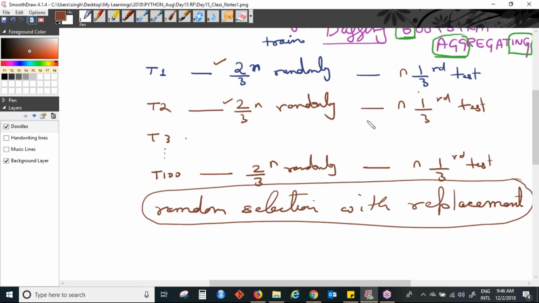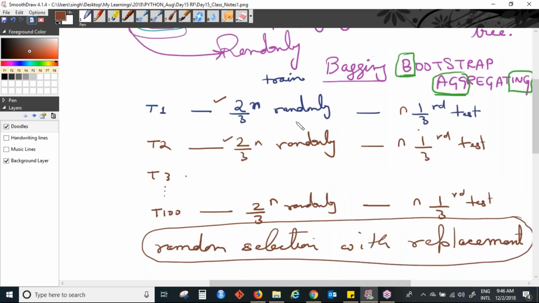But what was seen by people who created this algorithm is that even though this process should ideally give you different trees, bagging alone was not giving very different trees. The trees were turning out to be almost the same. They were different but not very different. To reduce the variance of decision trees, they wanted the trees to be very different from one another. But using bagging, the trees were only somewhat different, so the model was not able to perform better.